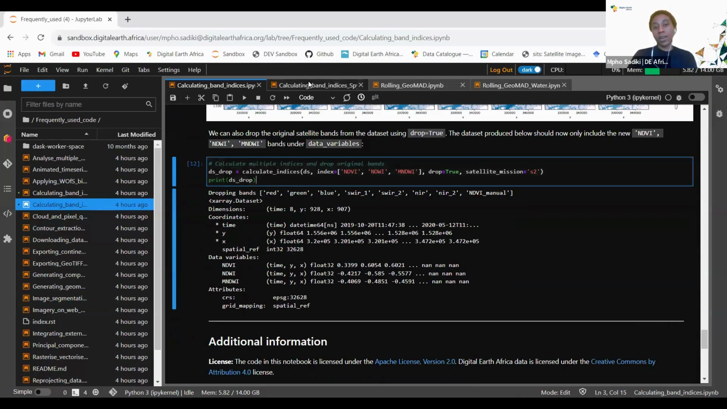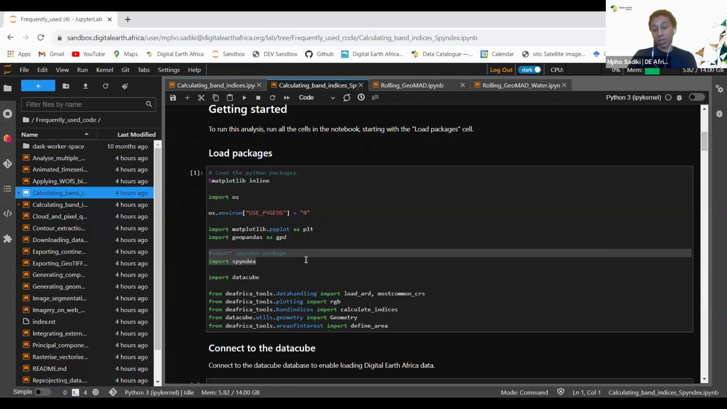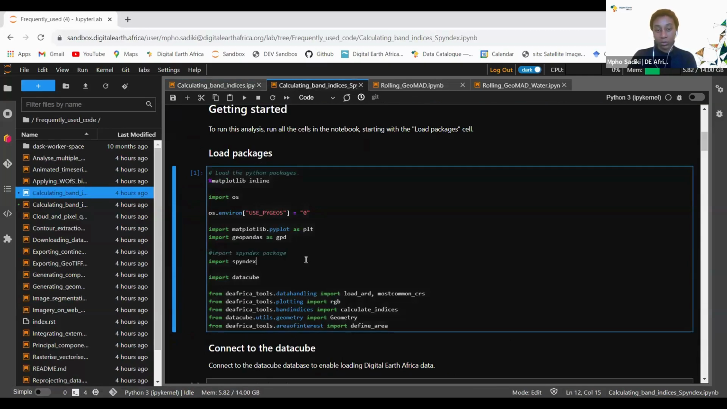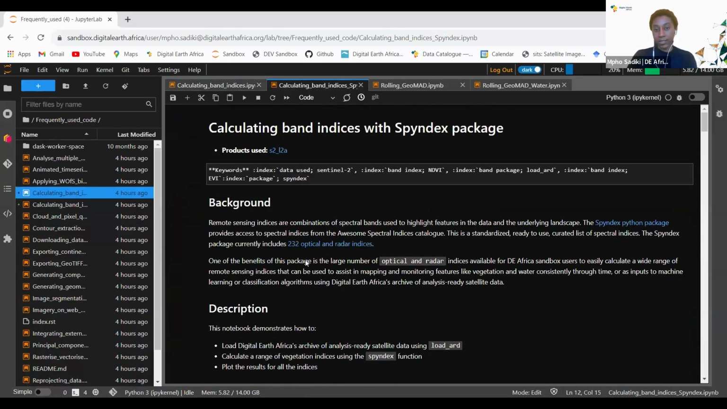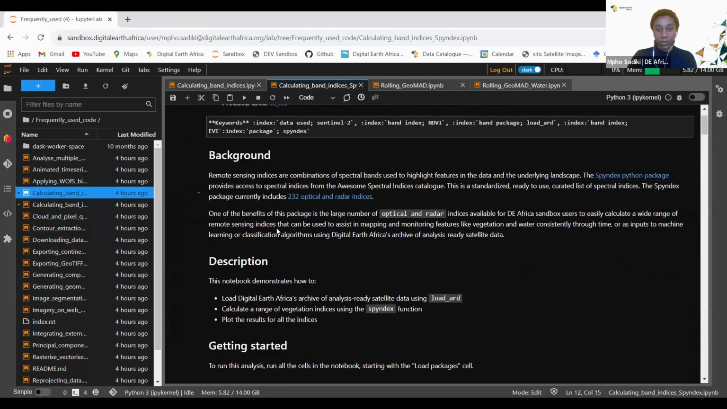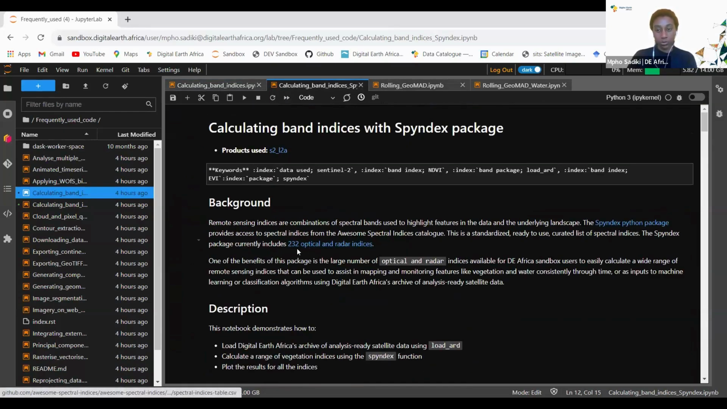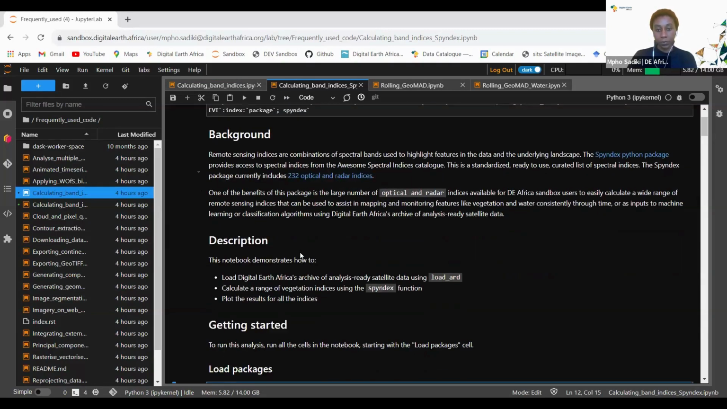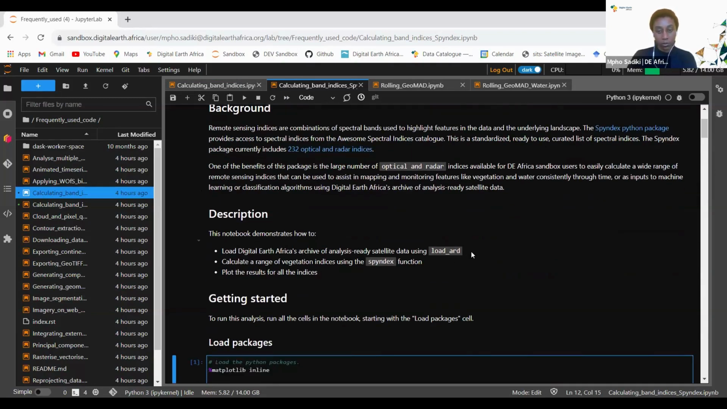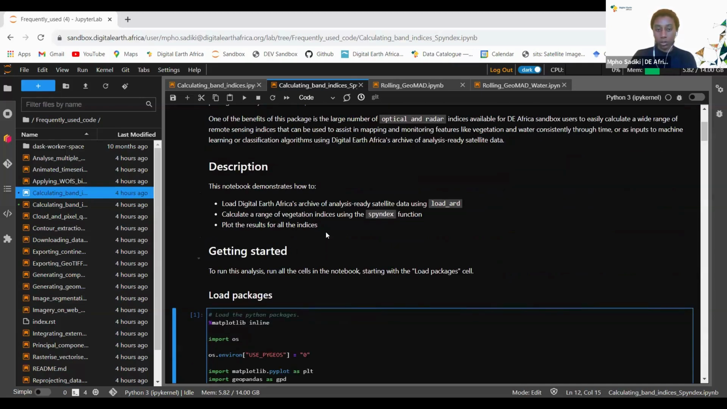The only thing that we're now adding with Spyndex is just more packages. Although the syntax is also a bit different, the main difference is that the Spyndex package offers more indices compared to the function that we had originally. So in this notebook, I'm going to take you through how to use the Spyndex package and leverage the 232 indices that exist there. It'll show you how to load the data, which you're probably already familiar with, and it'll also show you how to compute different indices. In this case, we'll be looking at vegetation indices as examples,